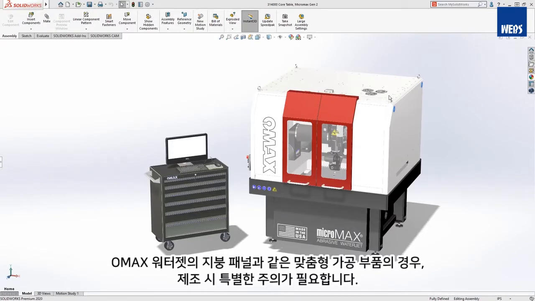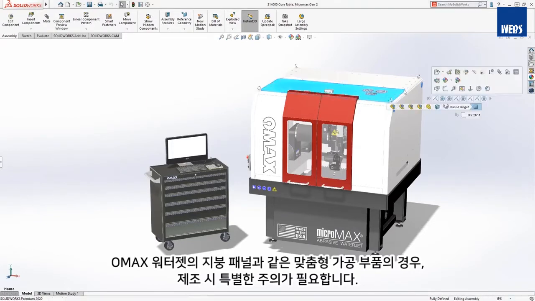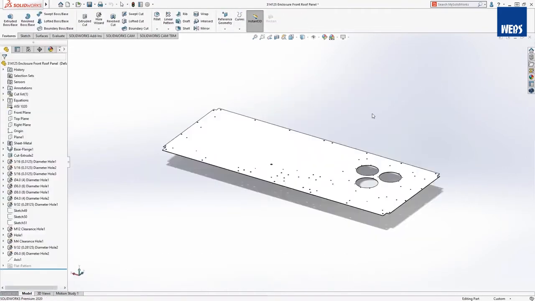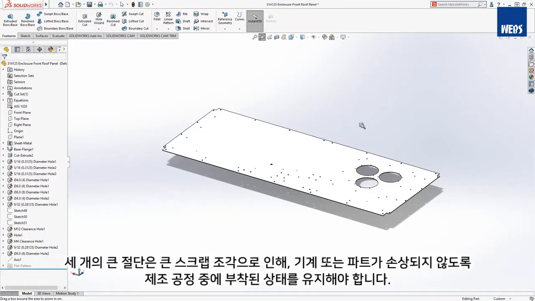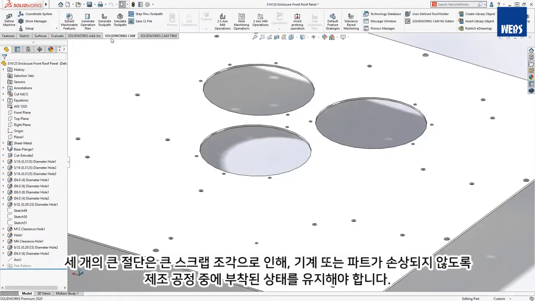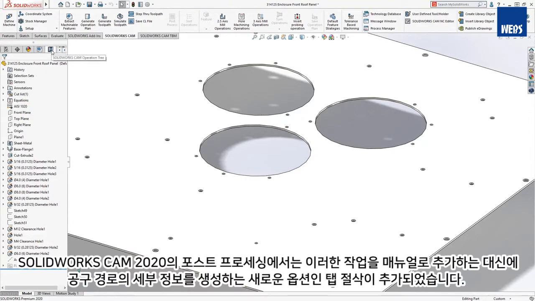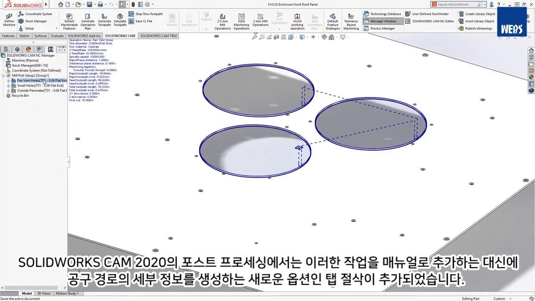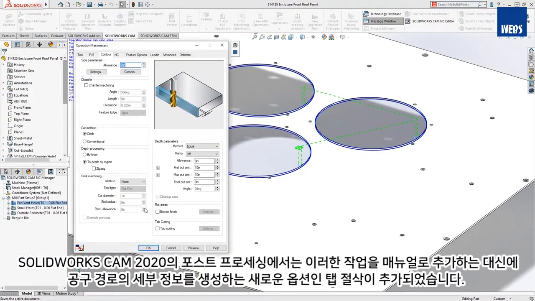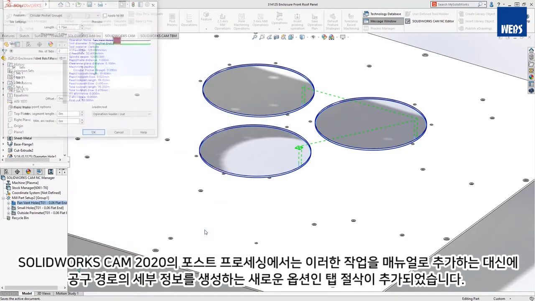Custom machined components, like this roof panel for the Omax water jet, require special attention to manufacture. The 3 large cutouts need to remain attached to ensure the large scrap pieces don't damage the machine or ruin the part. SOLIDWORKS CAM 2020 introduces tab cutting, a new option to generate this critical toolpath detail versus manually adding